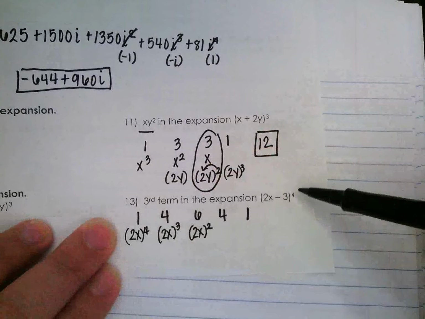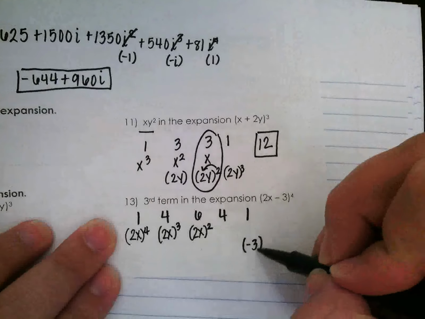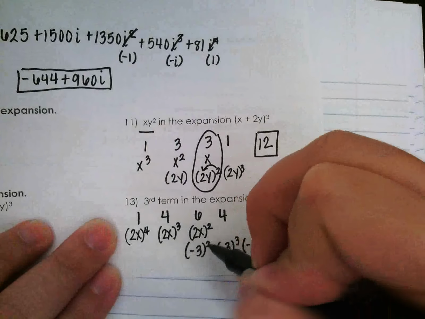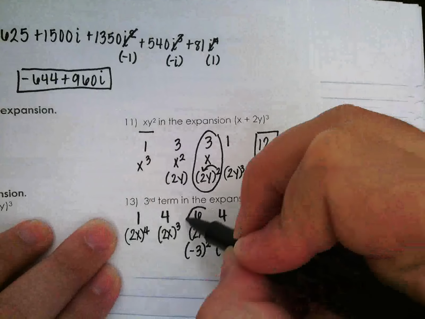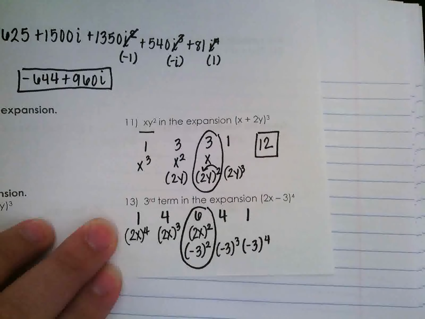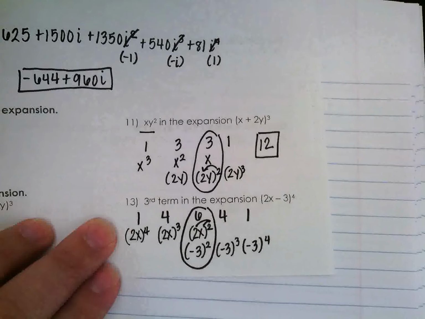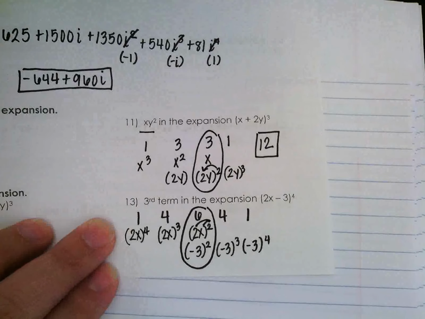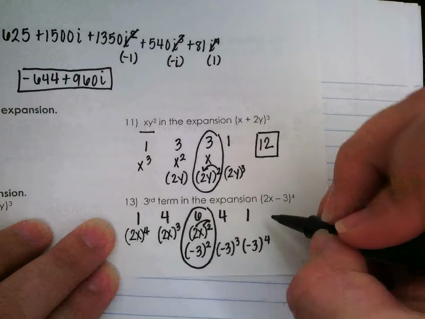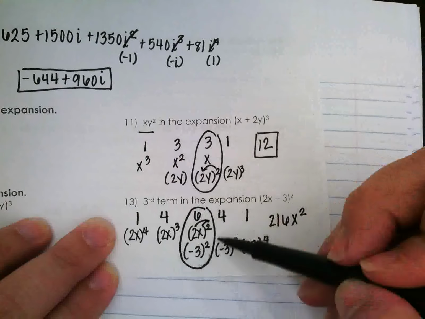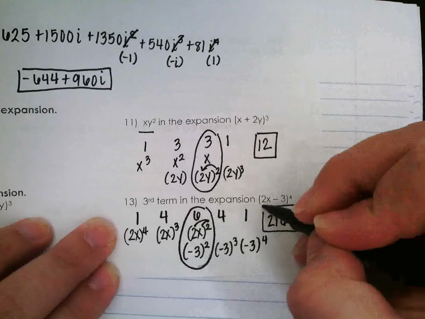But you could. For -3 to the fourth, I know that starts over here, -3 to the fourth, -3 to the third, and -3 squared. And again, because I'm looking for that third term, I'm going to stop once I've got all my terms there. And then I've got to distribute that to both the coefficient and the variable. So 2 squared is 4, 4 times 6 is 24, and then -3 squared is 9. So if I do 24 times 9, I get 216. And then I get my x squared, and there is no y or i or anything else, so 216x squared